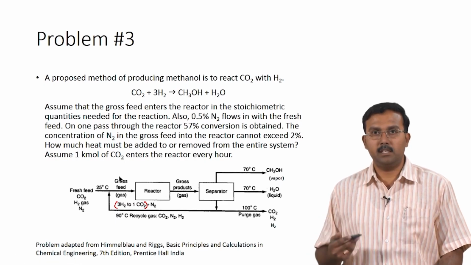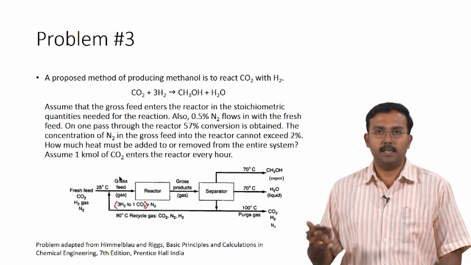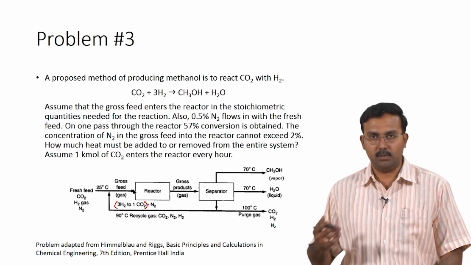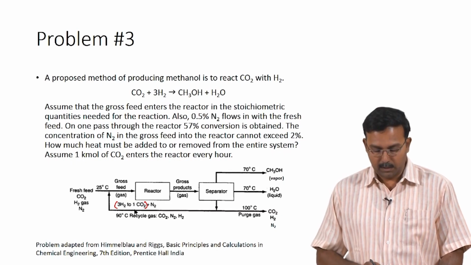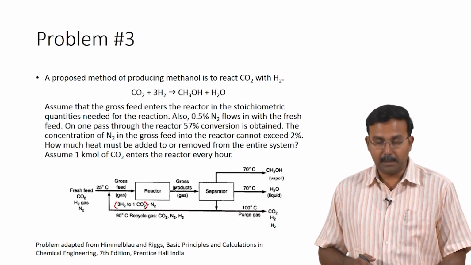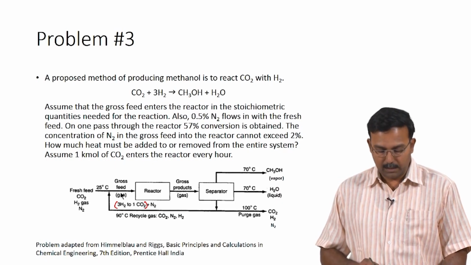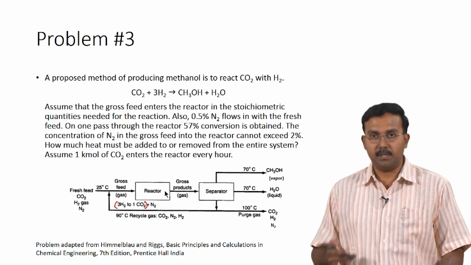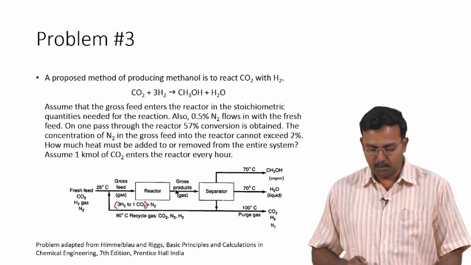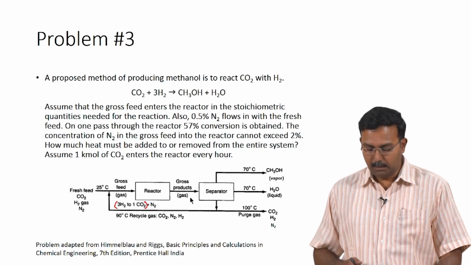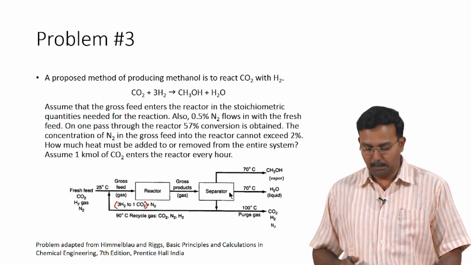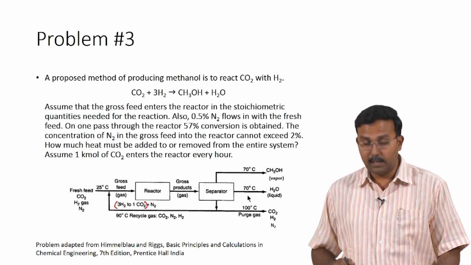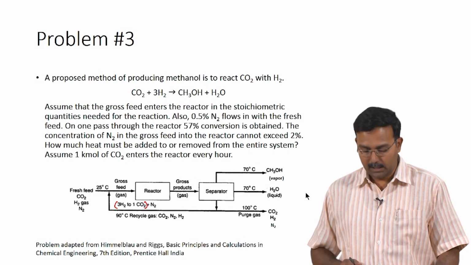If you remember the lectures which we had on systems with recycle and reactions, we would have discussed what single pass and overall conversion is. Here we have been given the single pass conversion. So, this means the feed which is passing through the reactor a single time gets a 57% conversion, and this results in the formation of product gases, and as you can see the product gas then goes into a separator where methanol vapor at 70 degrees Celsius and water liquid at 70 degrees Celsius are taken out as products,